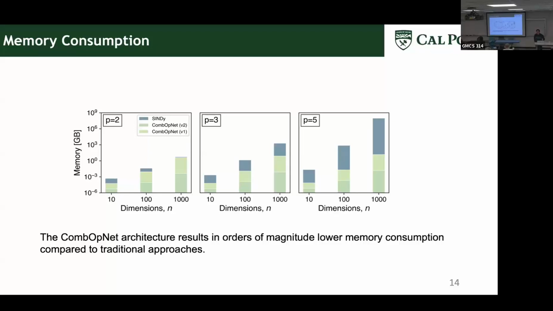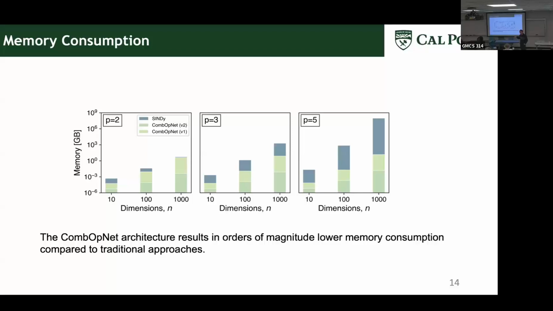I'm having a lot of trouble getting some sort of intuitive grasp of what's going on here. Is this reduction due to the enforced sparsity system? No, we haven't actually considered any sparsity here. In this case, what I consider as memory, which I'm computing for CombOpNet, is basically just the memory consumption for all neurons and also for all weights.